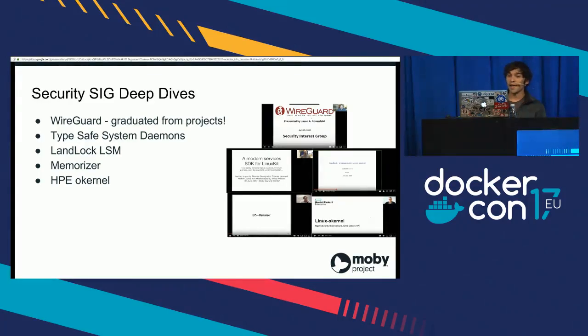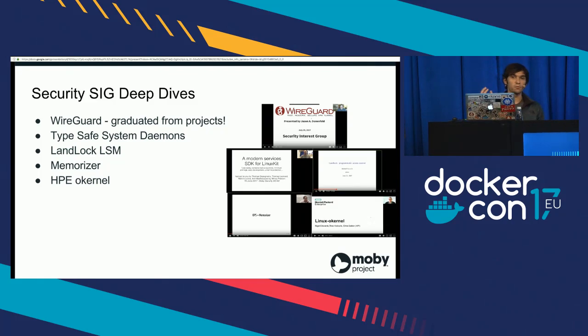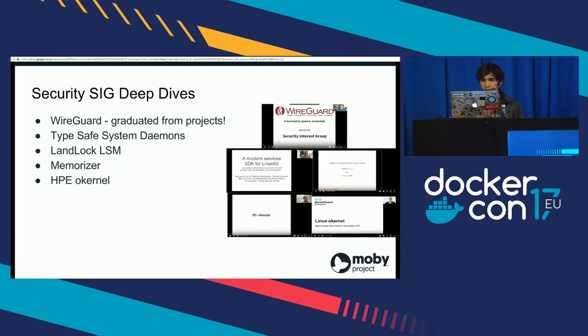A project that goes hand in hand with Landlock is Memorizer. Nathan Dattenhan is the maintainer of Memorizer, which is a deep kernel logging and auditing tool. So you can imagine the output of Memorizer, looking into kernel memory allocations and other memory allocations, feeding robust rules into Landlock so you can secure your system. And last but not least, we also had a great deep dive from Nigel from HPE